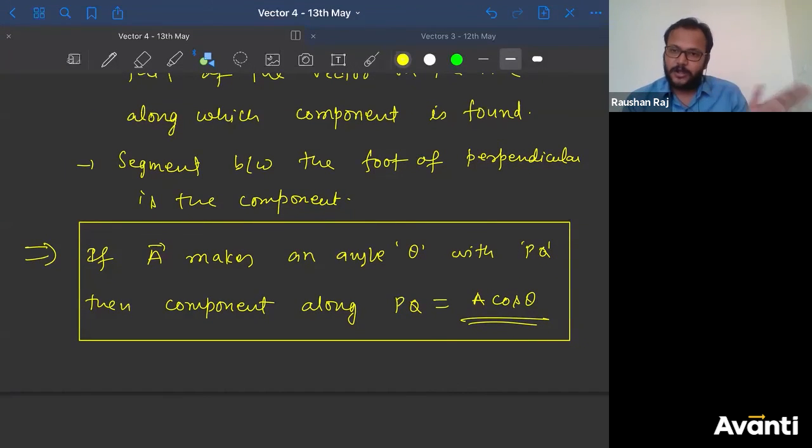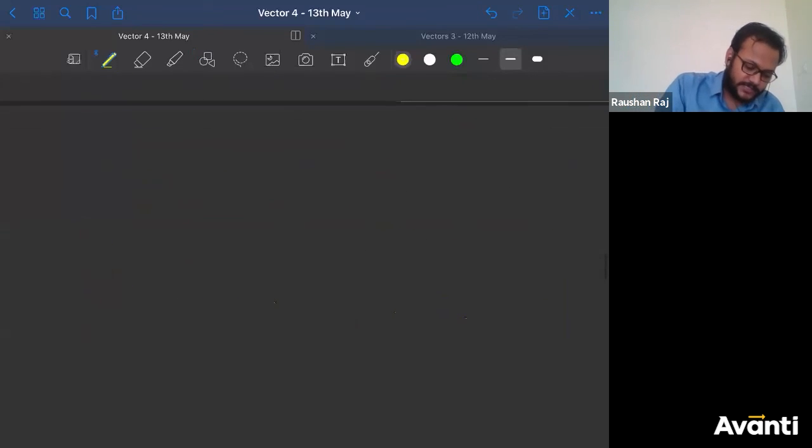तो जिसके along आपको, the line along which you are going to find the component, just find the angle made by that vector with that line. That's it. And then multiply cos theta to the magnitude of A. That's it. That is the answer. If you ask me to give some example, let me take an example here.